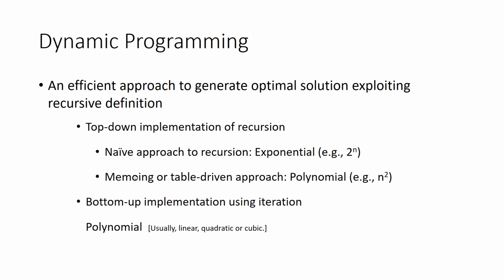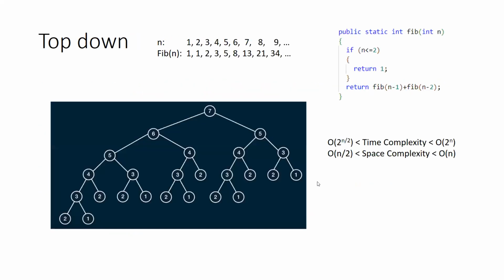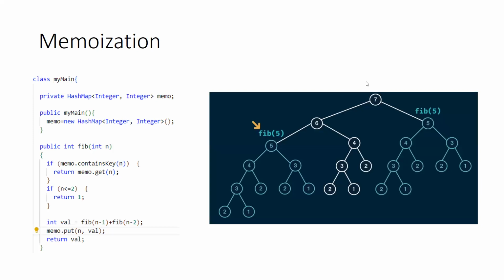And by that, I mean that instead of doing this recursion for each overlapping problem multiple times, we can see that there are instances where I'm solving the same subproblem multiple times. So we can avoid doing that. And a way of avoiding that is basically maintaining what is known as a memo, or let's say a register or a record that I have calculated Fibonacci of 5 once, and so therefore I don't need to do this